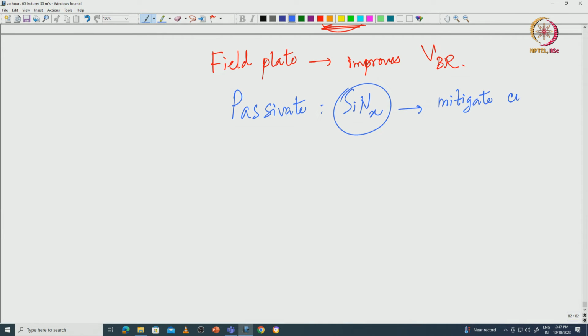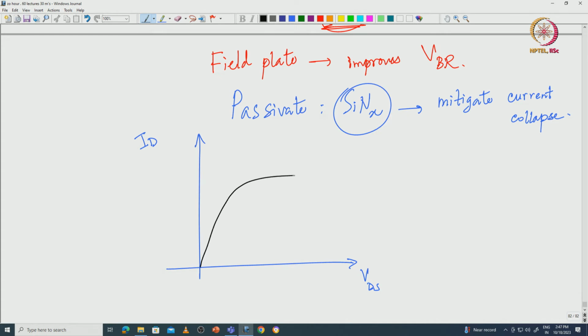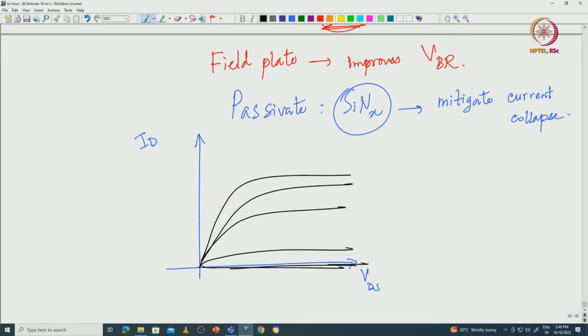Okay. Current collapse, as we had discussed earlier, is when you make a transistor and you are plotting the output characteristics. This is ID, this is your VD, you are changing the drain voltage and you are measuring the drain current. Of course, at a given gate voltage you get a curve like that, correct. This is some gate voltage, and at a lower gate voltage you get something like that, at a further lower voltage you get something like that. Eventually your channel is pinched off, okay, and at higher gate voltage you get something like that, and beyond that you do not want to go because the gate will leak and turn on. Okay. So, different gate voltages,